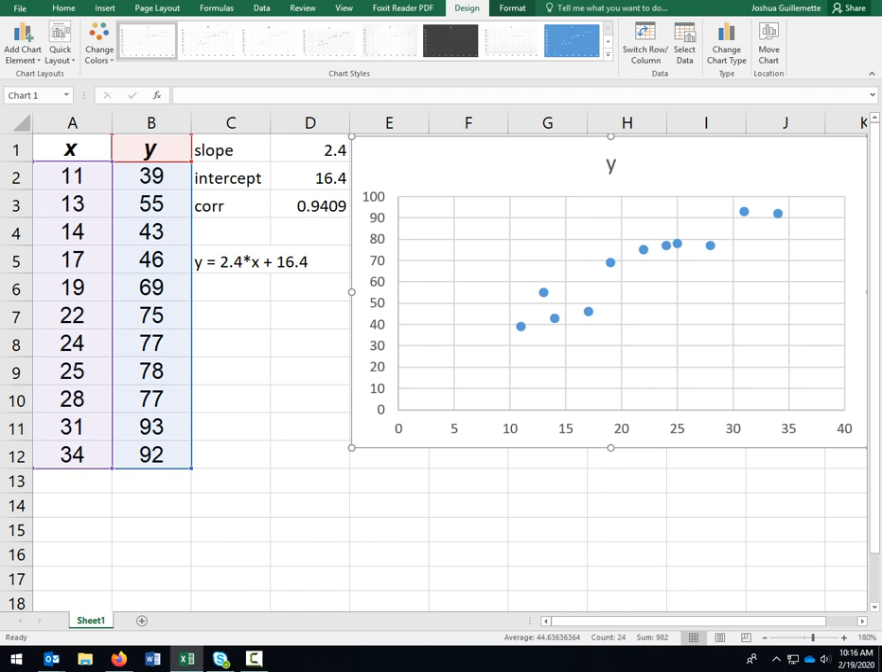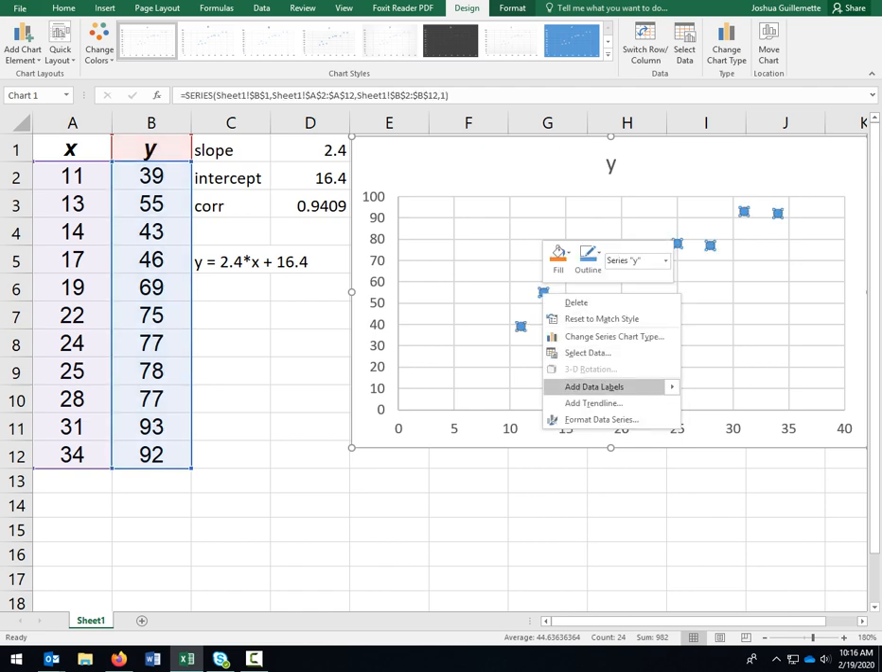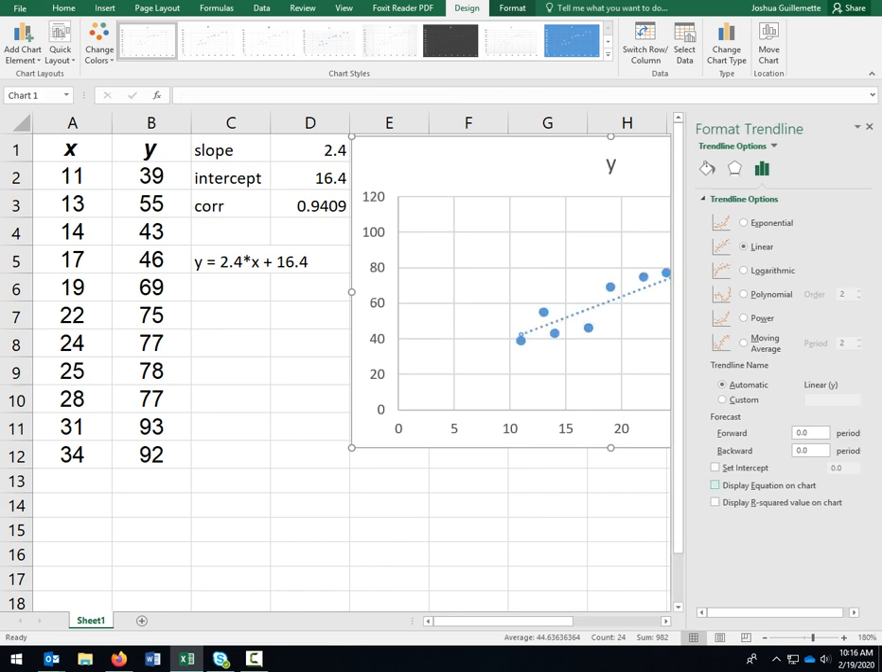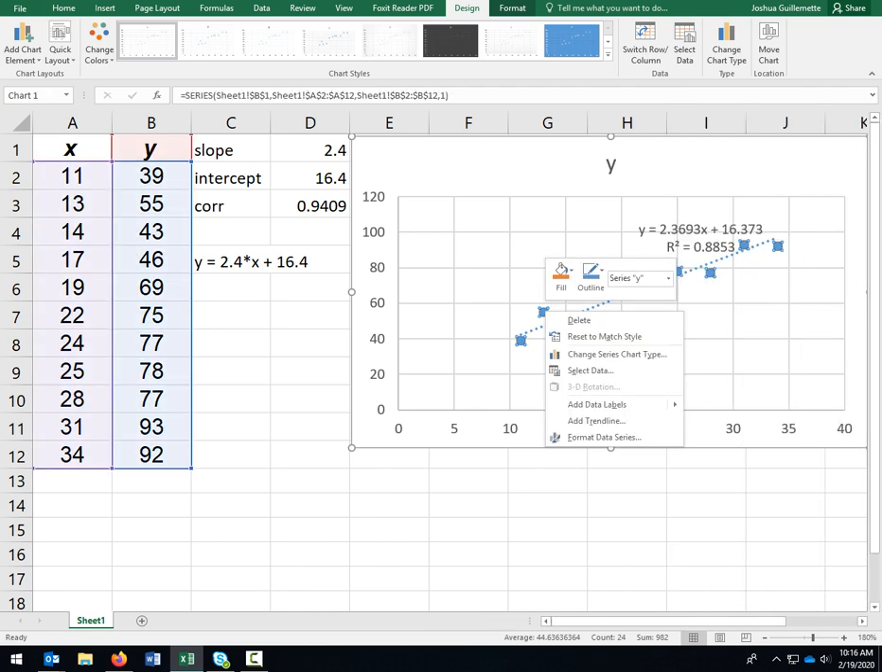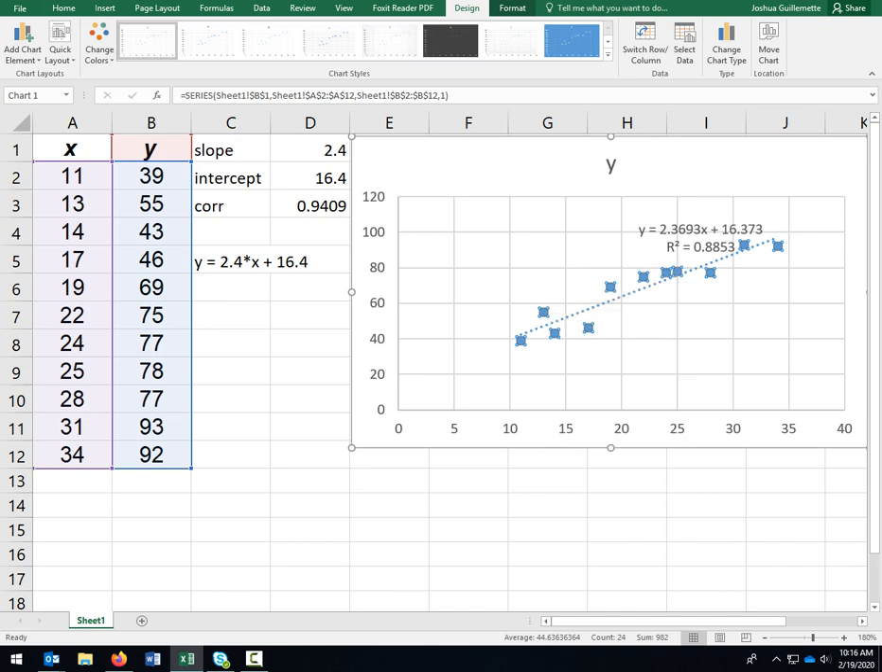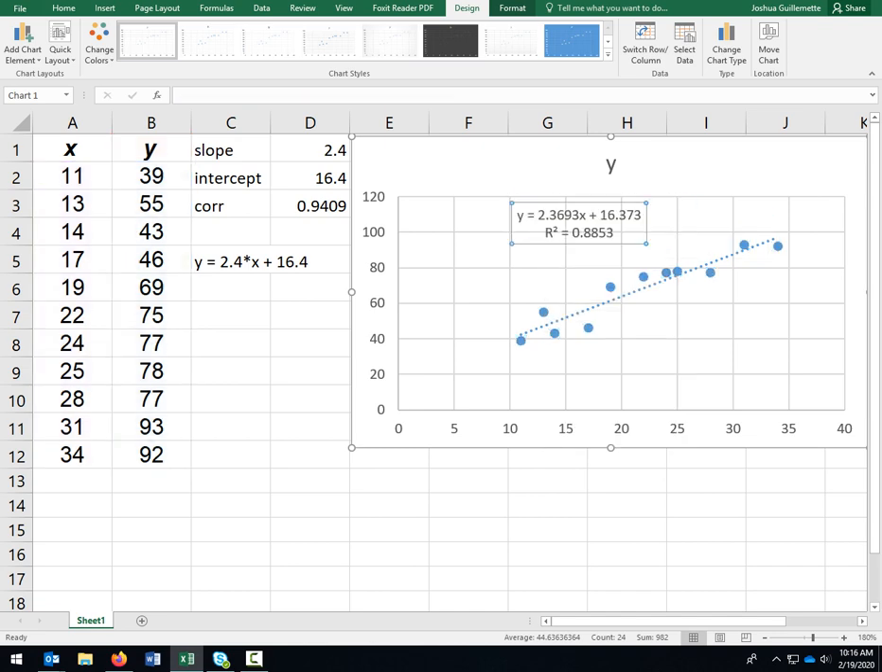And now, once you've got your scatter plot there, you can actually right-click on any data point and add a trend line. And we're going to display the equation on the chart. So that's there at the bottom. It defaults to linear. So again, if you right-click on the data, you can add a trend line, and there it is. And now you can see the 2.4 and the 16.4 with the r squared value,